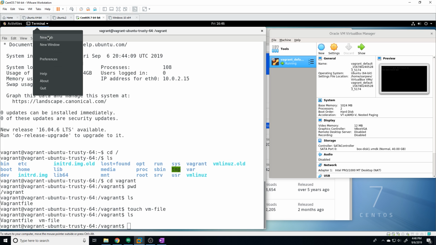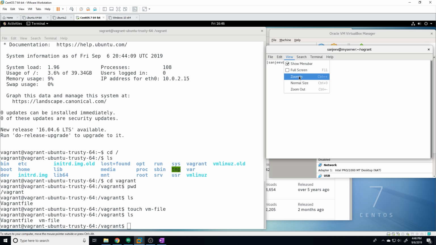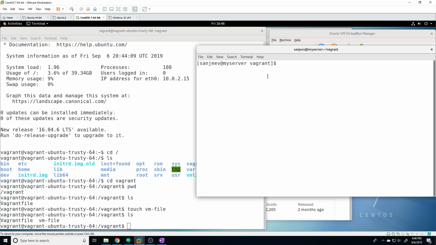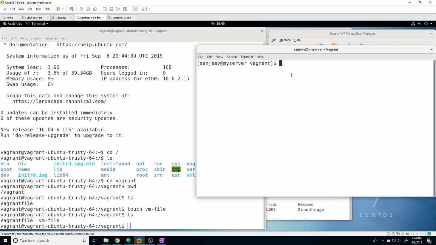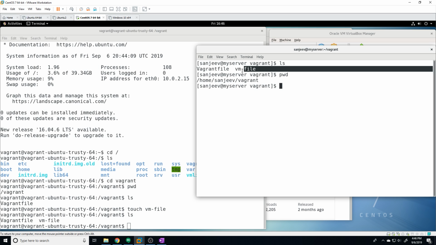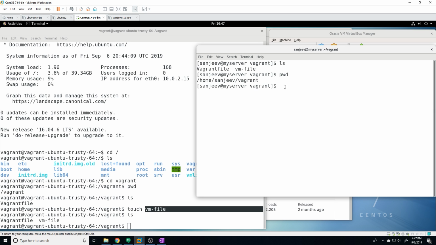and I'm going to open up a new terminal. Make this a little bigger for you guys. And so this terminal on the right is my host machine. That's the CentOS. And this terminal on the left is the Ubuntu VM that we created. So on my host machine now, we're already in that directory. We're in /home/sanji/vagrant. We can see that this VM file that we created on the virtual machine gets synced to my